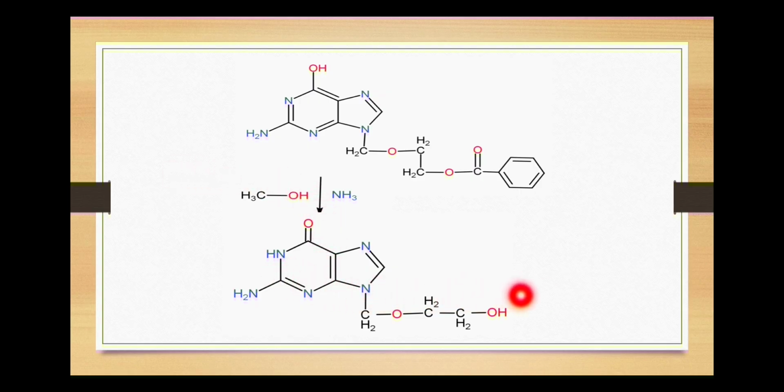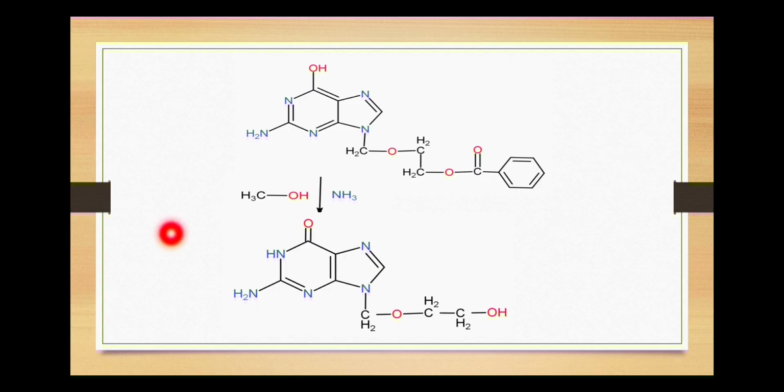Now you can find the difference in this structure and this structure. Here is removal of this group. Okay, the group is removed, the hydrogen is here. Now one important and interesting difference is that the hydroxy group here gets converted to double bonded O, and the hydrogen of the hydroxyl group migrated on the nitrogen.